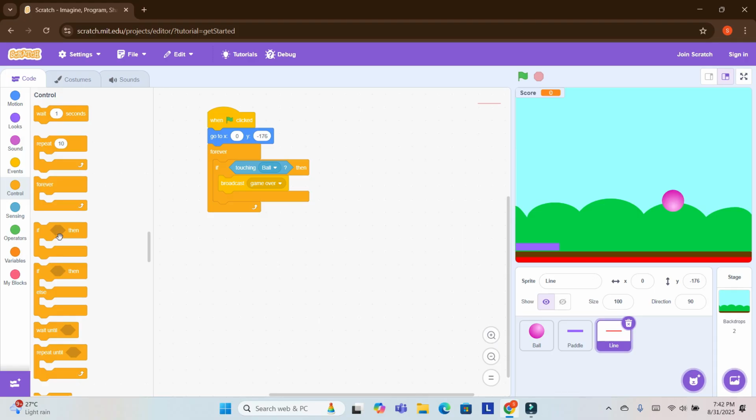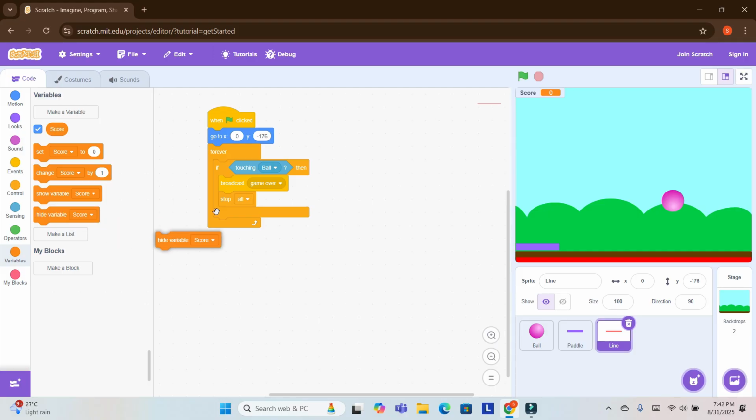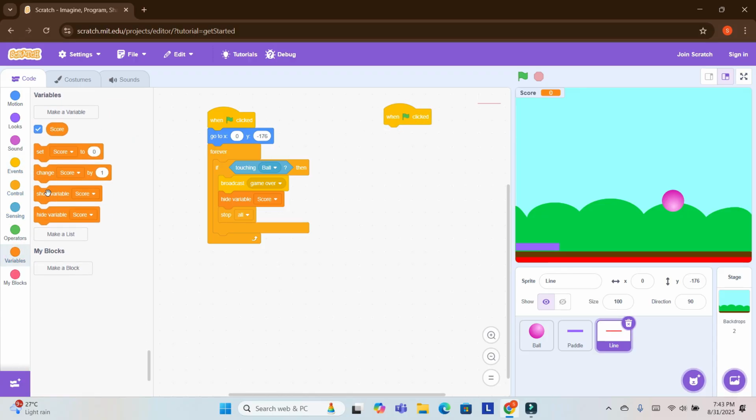Then I will go to control and then stop all, and then score, and when green flag clicked, show score. So now let's see the demo.